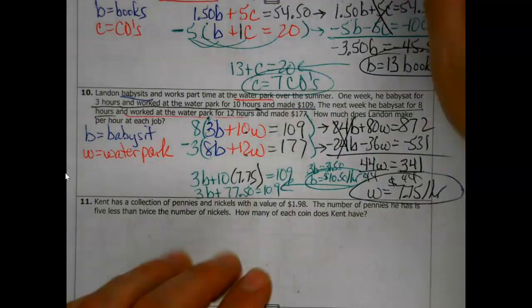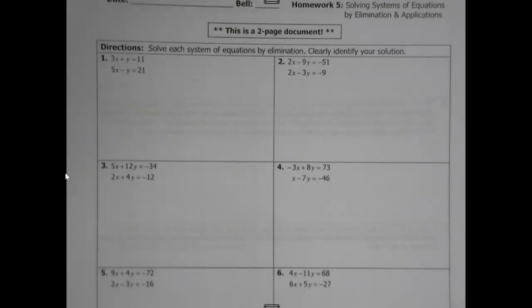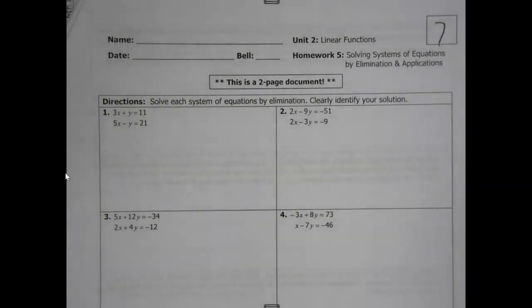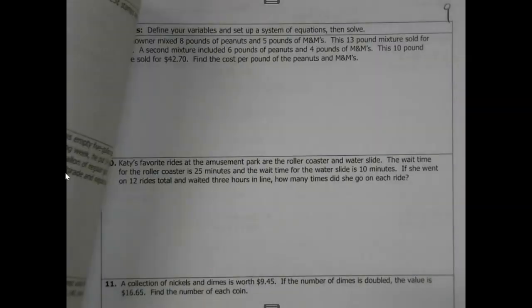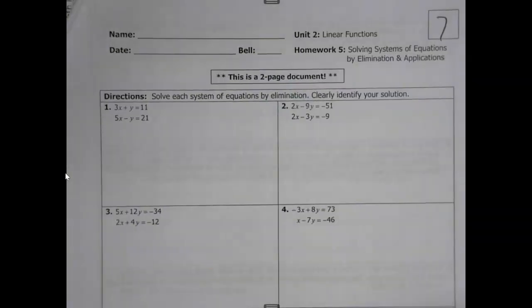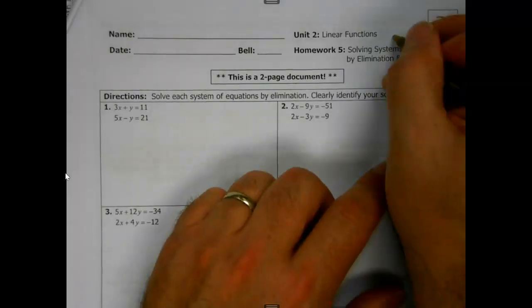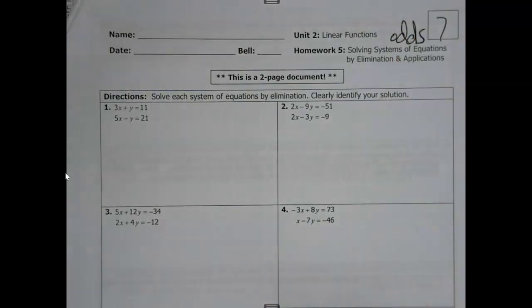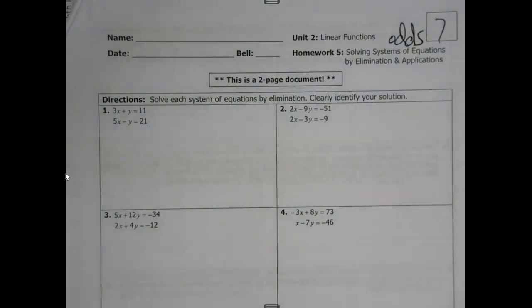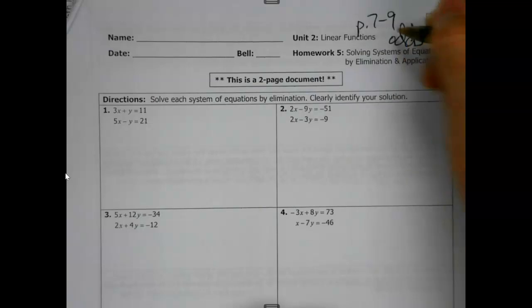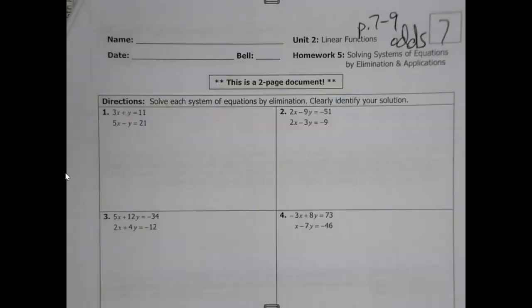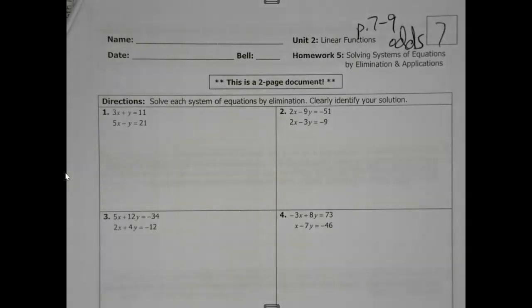Now I can kind of give you an outlook for the rest of the week here. I'll put this back in a minute. So in the practice, let's go odds in the practice on 7 through 9. Let's go odds. That's going to be like a grand total of, what, 8 problems total. And what we'll do tomorrow